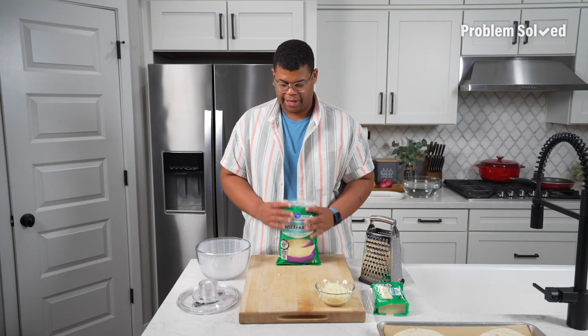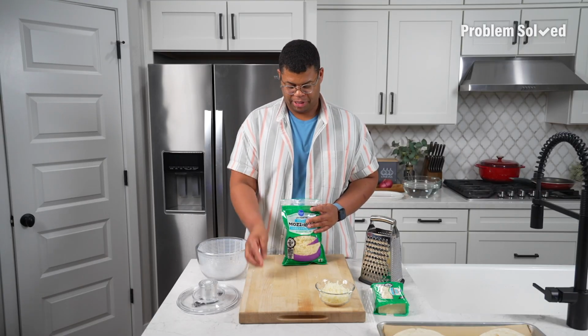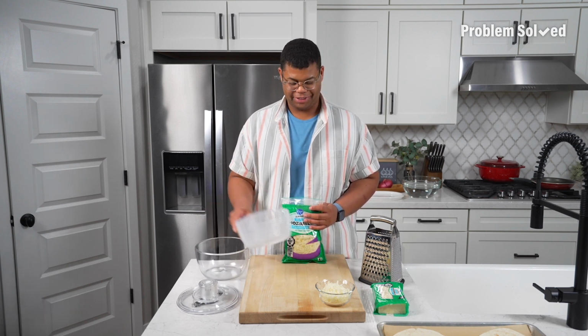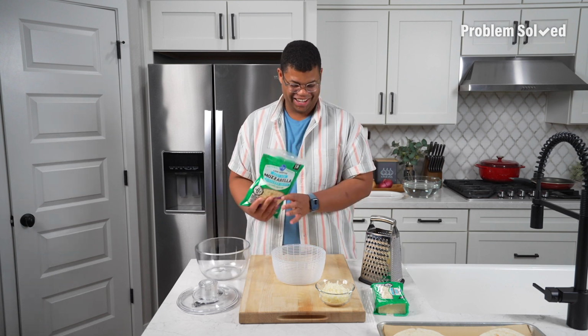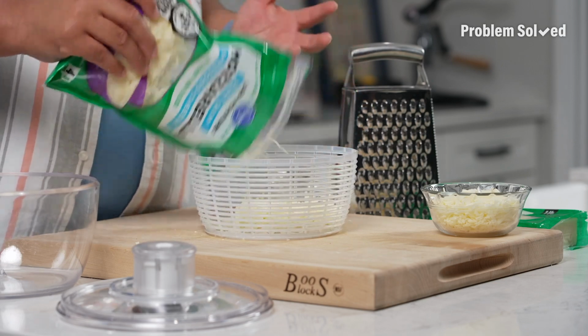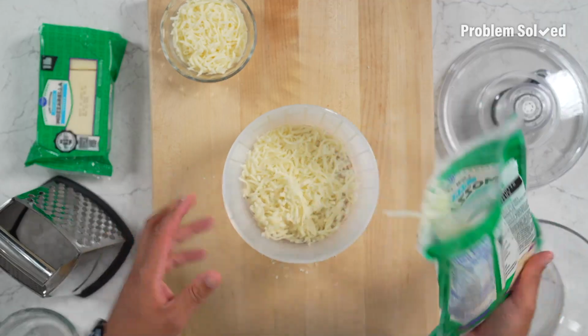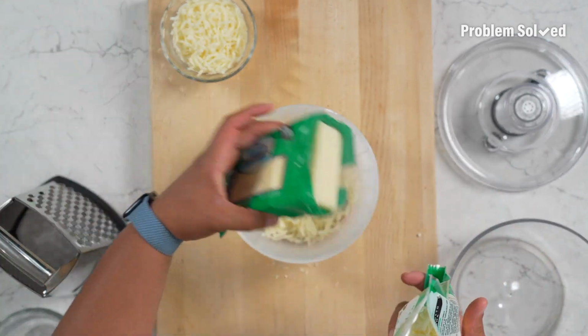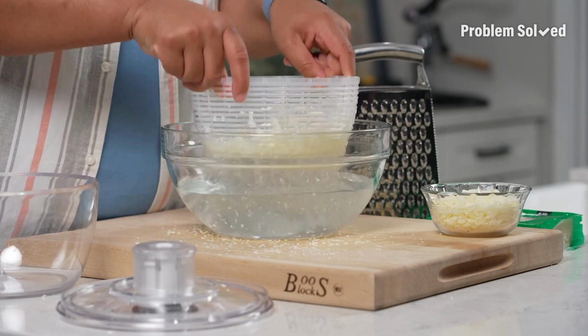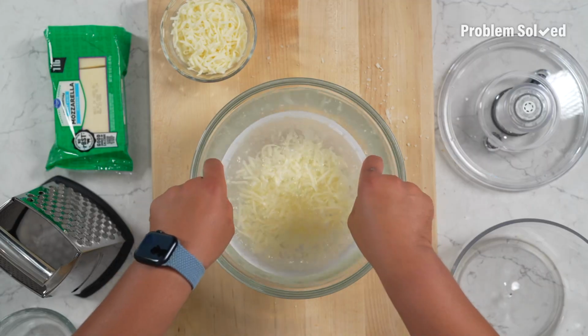So I'm gonna do a little test, which something wild I've been seeing is washing shredded cheese. That sounds a little nutty to me. But I'm gonna do a little experiment and see if there's a true difference between bagged cheese, washed cheese, and shredding your own. So I have just some clean, cool water here, and we're gonna just rinse that starch off